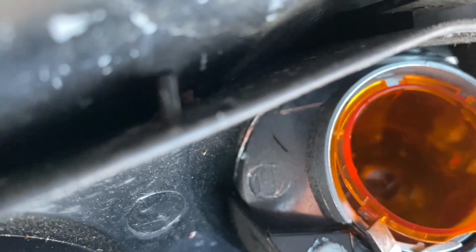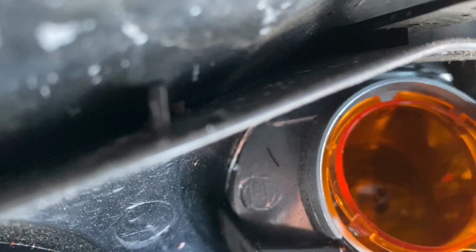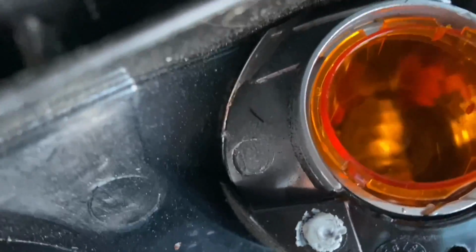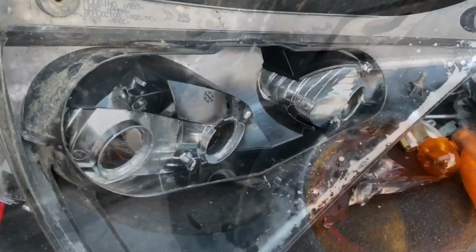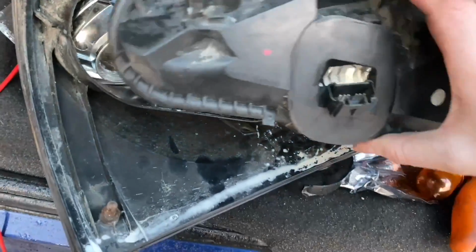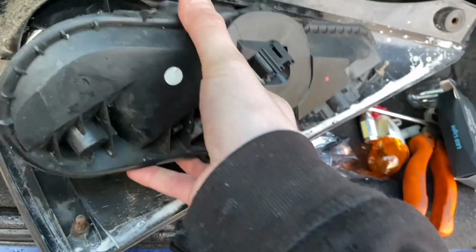I don't think these are designed to be removed. We'll have to get around that with a screwdriver. They're actually harder to get out than what I thought they were going to be. But with a bit of careful and loving persuasion, they do come out. So then I can put this the right way around like this